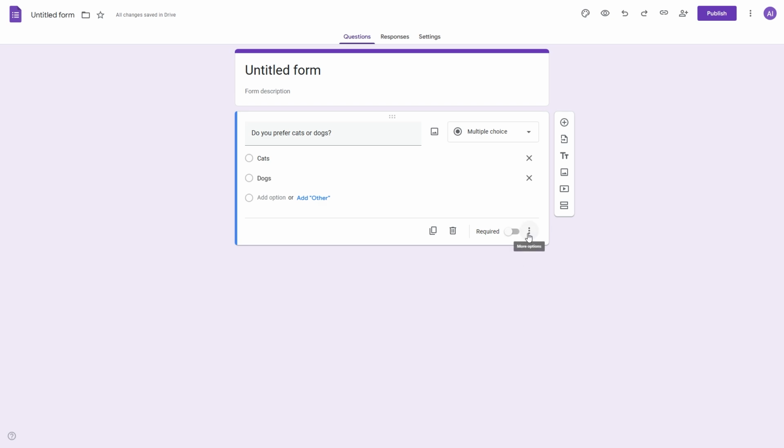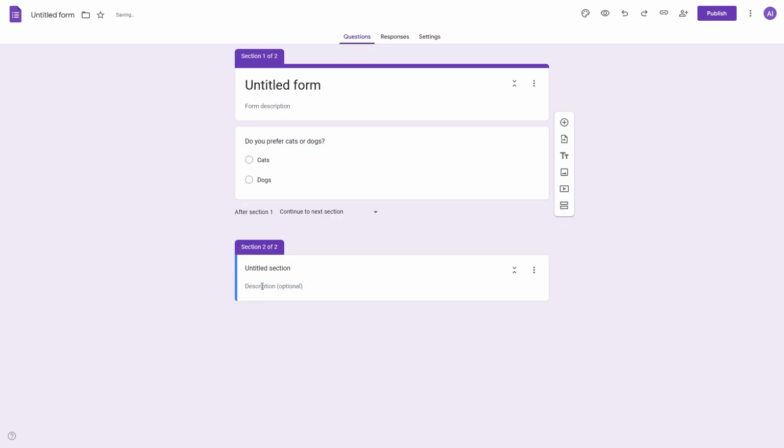So what we need to do is click on more options right here. And then we can click on go to section based on answer. Since we don't have any sections at the moment, we need to click on this one right here. So it says add section. So we will have a section